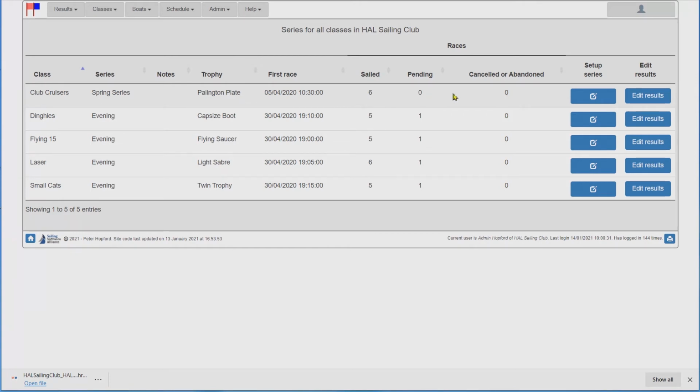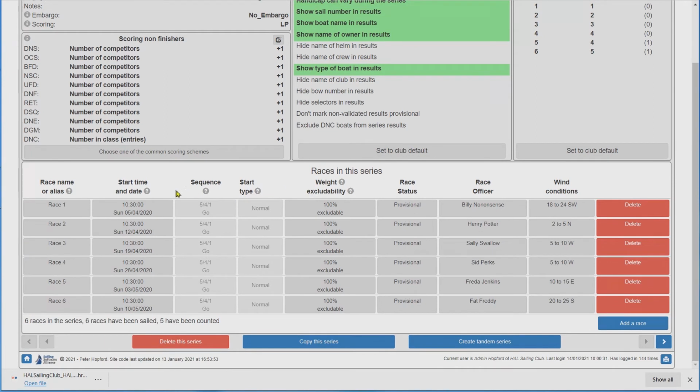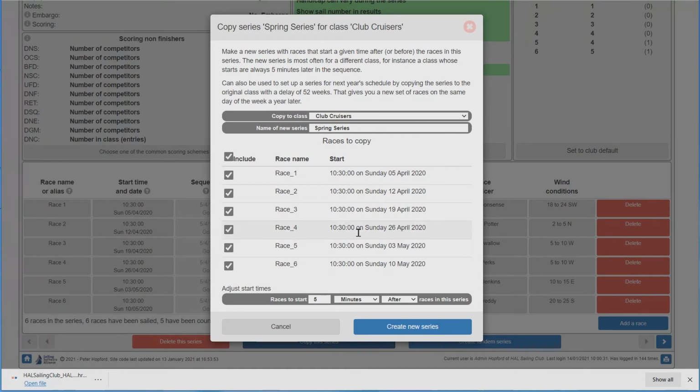So let's edit the series for club cruisers, the spring series. Here it is, and you can see these are our races on Sundays in April and May of 2020. Now let's just copy this series. So we're going to copy it back to the same class, the club cruisers. We're going to call it the same thing, spring series, but we're going to adjust the start times, and we want the races to start 52